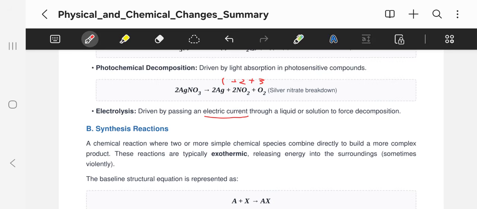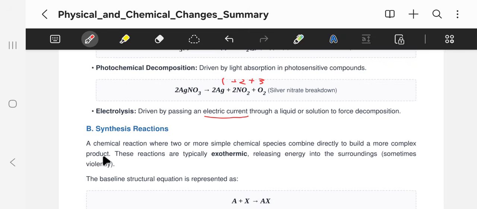We have another type of reaction. Remember, the first one is decomposition reaction, whereby we have one single complex compound which is broken down into two or more simpler compounds. Okay, guys, now we are looking at the synthesis reaction. So a synthesis reaction is a chemical reaction where two or more simple chemical species combine directly to build a